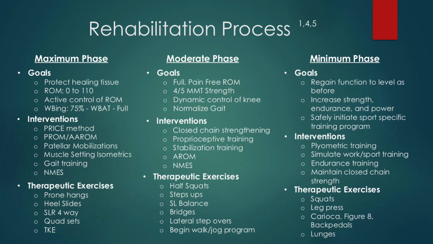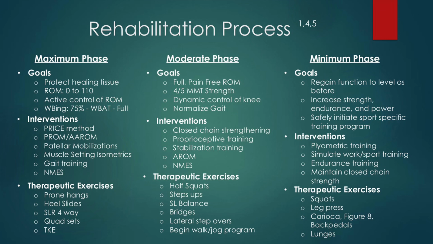Some interventions that you'll see during this time are the PRICE method, passive range of motion, active range of motion, and patellar mobilizations, as Jada mentioned with the TKA. We also want to do this for the ACL. Muscle setting isometrics for the quads and hamstrings, then gait training and NMES. Some therapeutic exercises you'll see during this phase are prone hangs, heel slides, and the straight leg raise with the four-way, so working on your hip abduction,